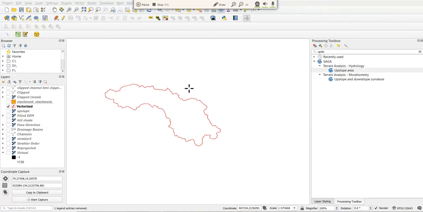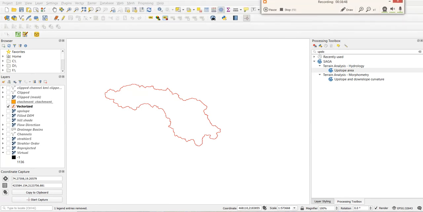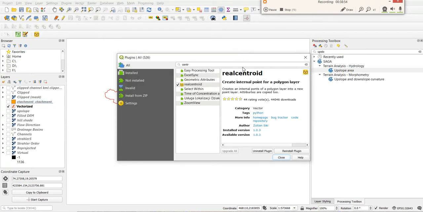Now we will locate the centroid of this polygon. We need not go to that website; we can simply add a plugin here. Go to manage plugins, search for Real Centroid, and install this plugin.